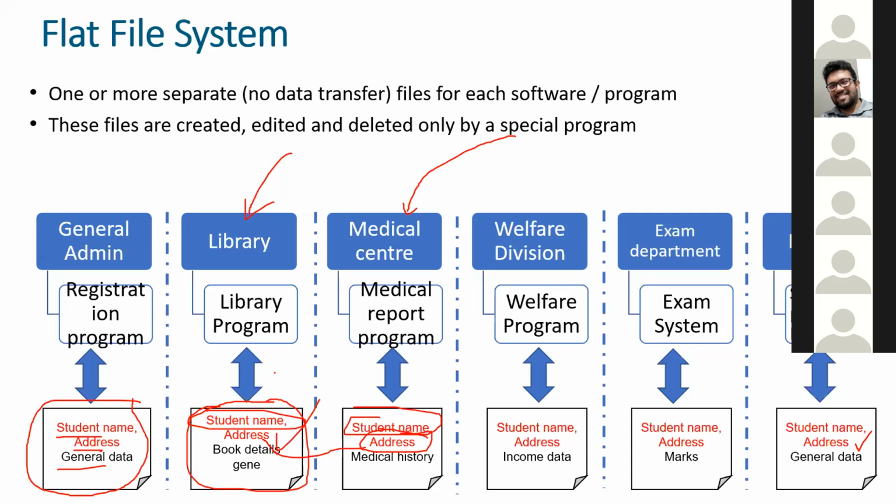Because this flat file will be concurrently accessed. That means at the same time, if 2 or 3 applications are going to update the same file or read the same file, then that will not be safe, because if these 2 or 3 applications are going to update the same student information of that particular file at the same time,